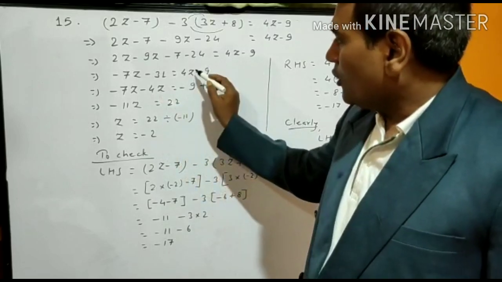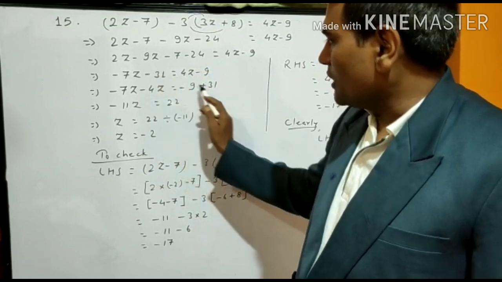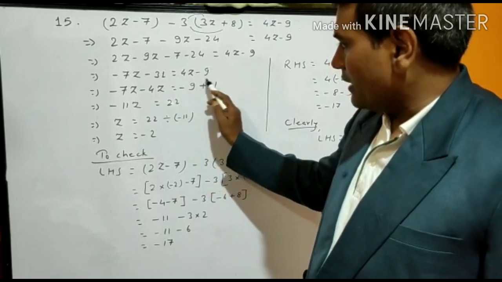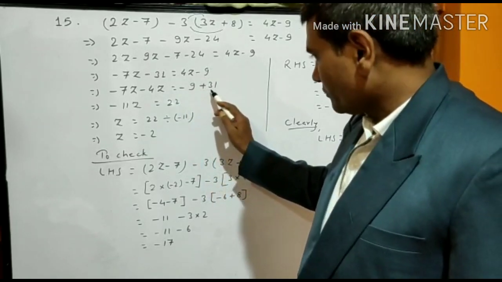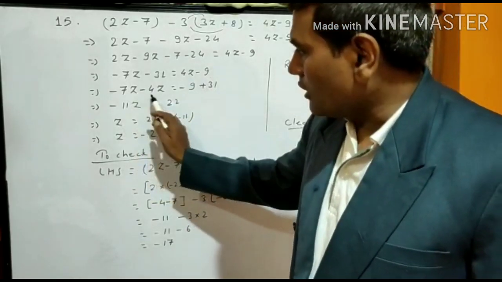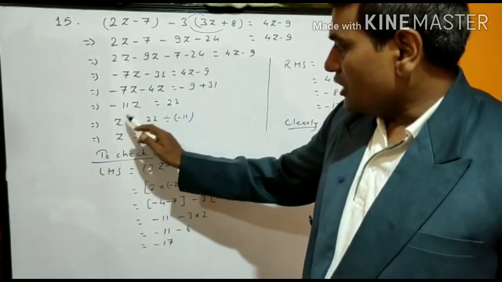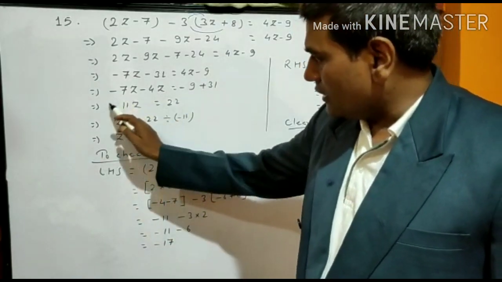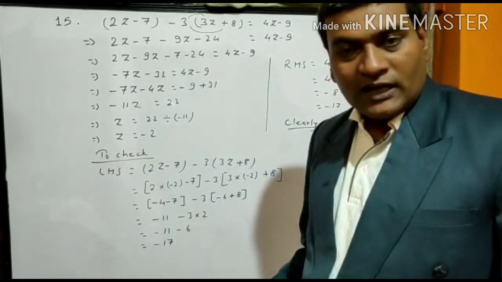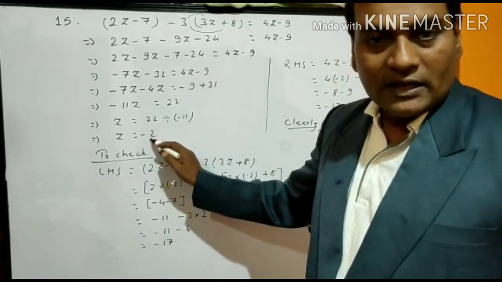4z minus 9. Now take 4z to the left side, it will be negative. Take 31 to the right side, minus will be plus. And one negative, another is positive. So 31 minus 9 is 22. Here both are negative, so 7 and 4 will be added and it is minus 11z. z equal 22 and divided by minus 11. 11 2s are 22, and we know that when there is only one negative sign, then quotient will be negative.